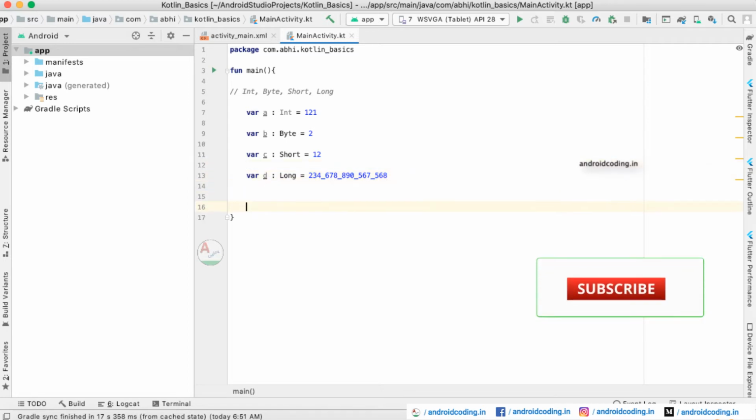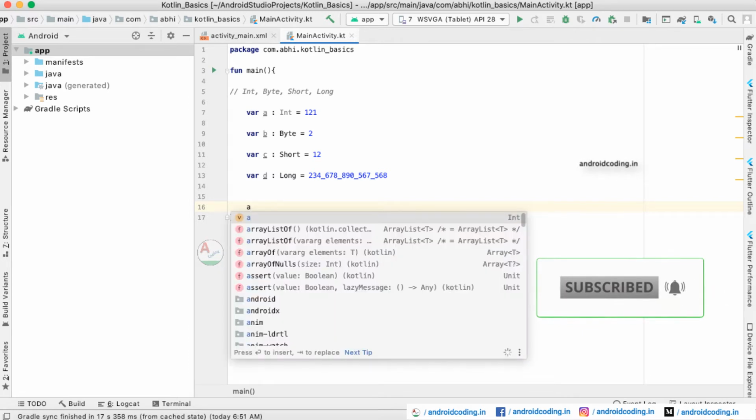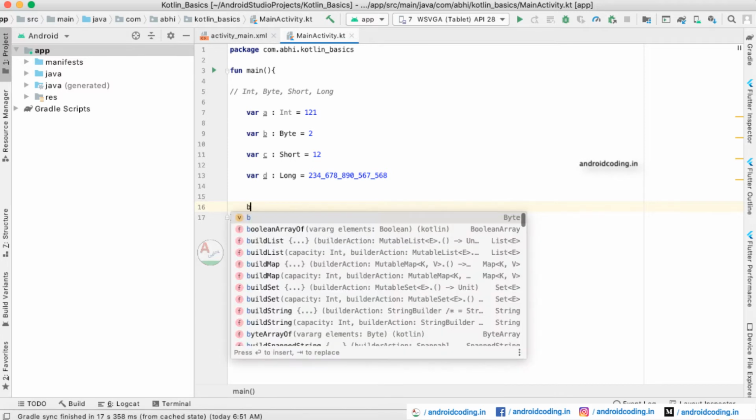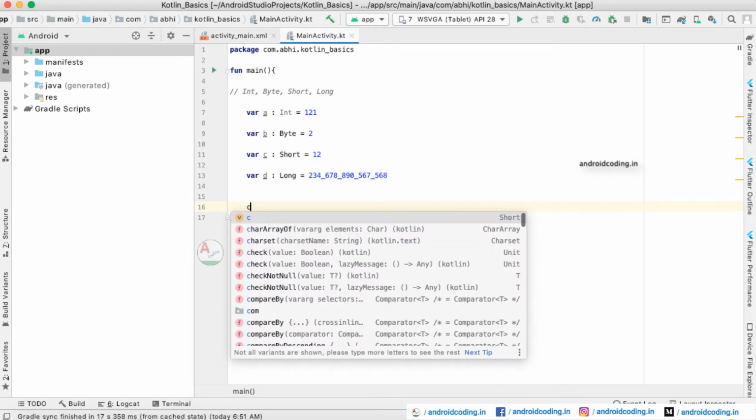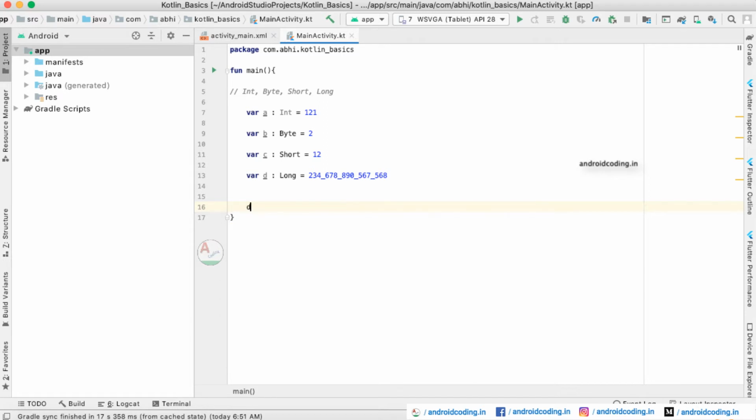These kinds of numbers can be stored with the help of the long type. Now when you try to access a particular variable, a, you can see it is considered to be an integer, because we declared it that way; b is a byte. In the same way, c is a short, and d is a long. So the data type of the variable is being detected.